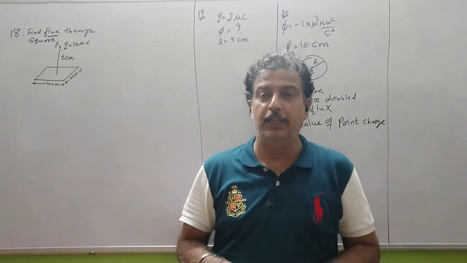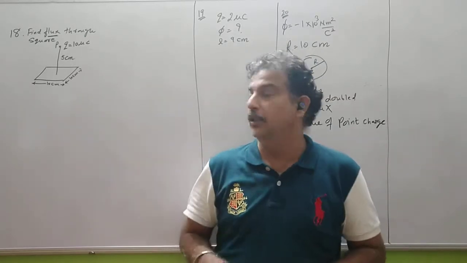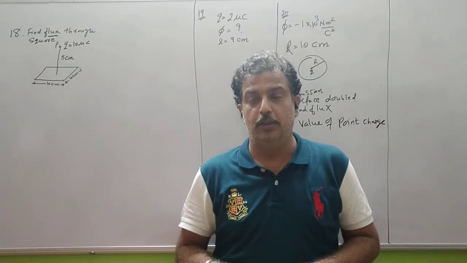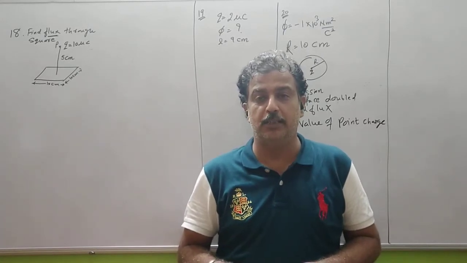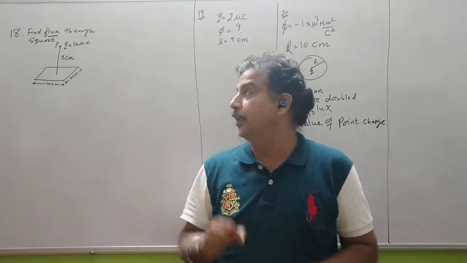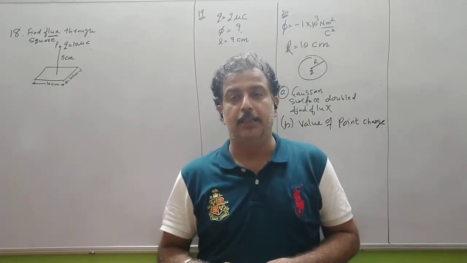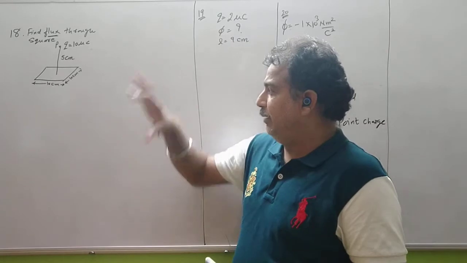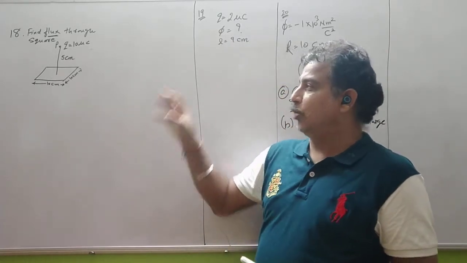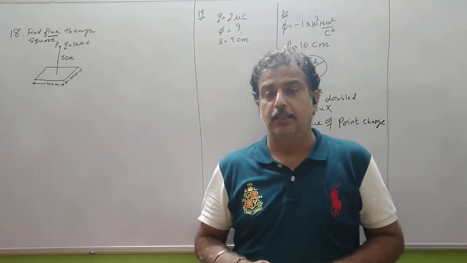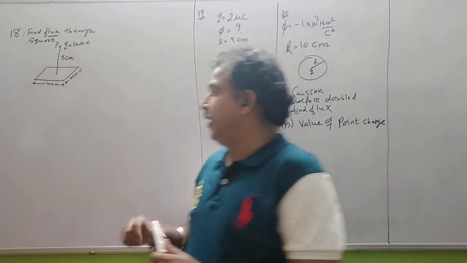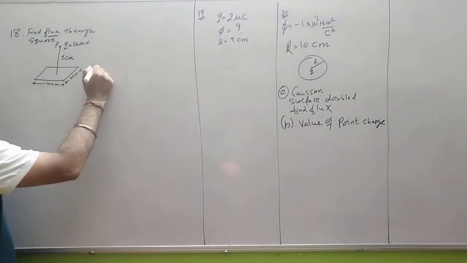We know that when we apply the Gauss law, we have to take an imaginary Gaussian surface. So in the question they have given you the hint also, which will not be given. So we imagine a Gaussian surface such that the charge is enclosed in it. So how the charge will be enclosed?